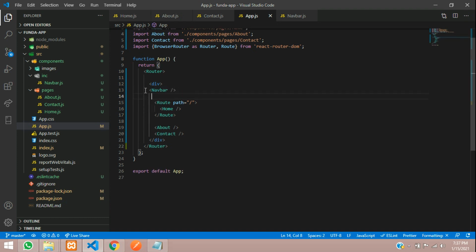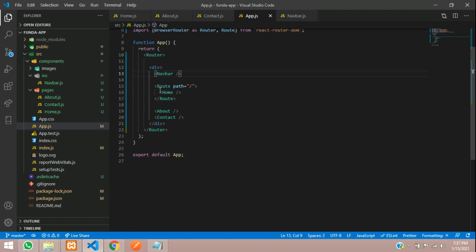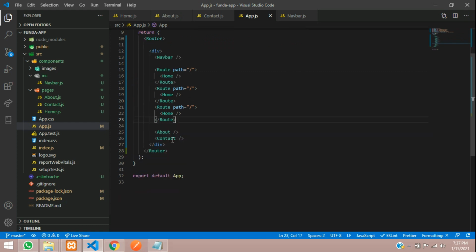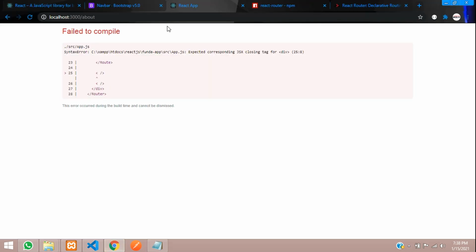Done. And now this navbar, let's keep it at the beginning, at the top. In the same way, guys, you have to replace the other things too. So let's paste. Now let us copy the about and paste inside this, and copy the contact and paste inside this. Let me just remove these two things. So we have set the path of the pages, with the same URL path you are going to use. Over here about, and coming to the path of the contact page, you will show contact. Done. Now let's see the result for it.